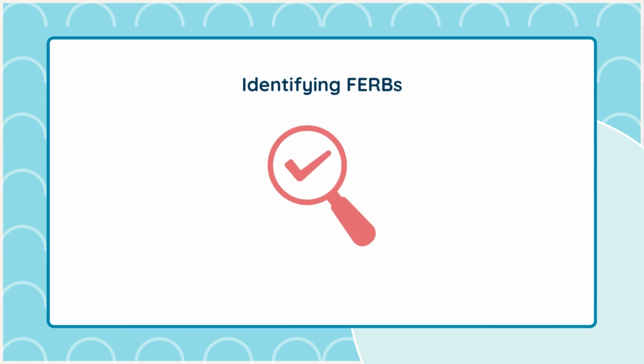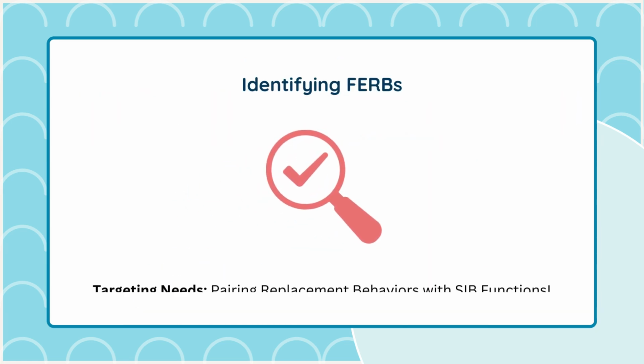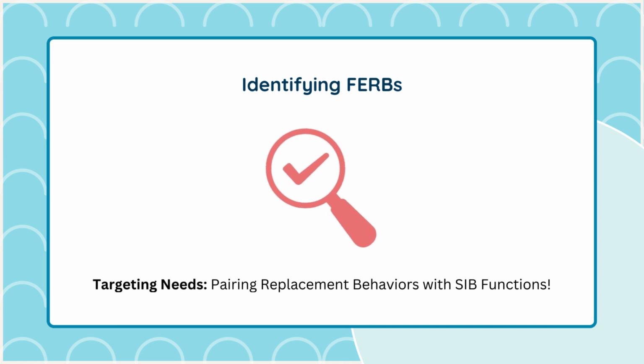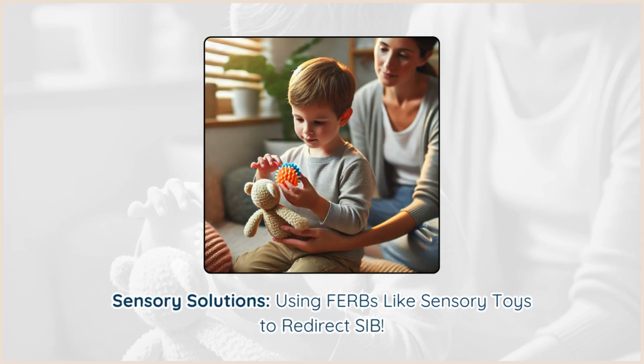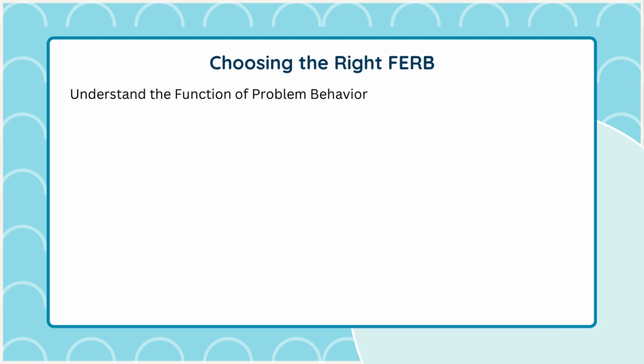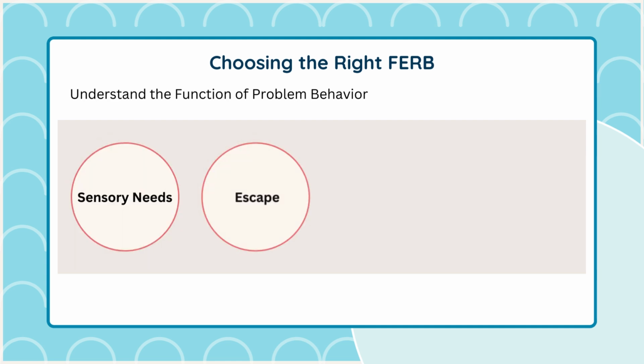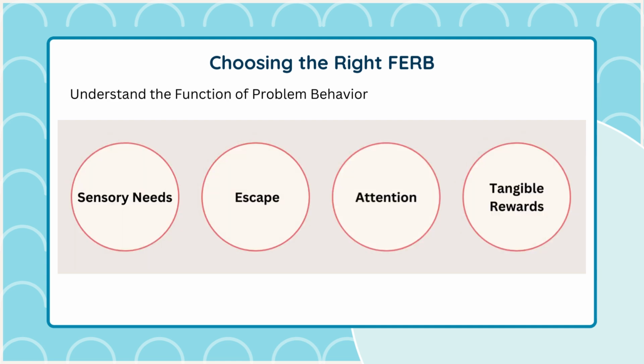Identifying FERBs. To identify FERBs, you need to match the replacement behavior to the function of the self-injurious action. For example, if a child engages in SIB to gain sensory input, a FERB might be providing them with a sensory toy or activity. To choose an effective FERB, you must first understand the function of the problem behavior. Whether the behavior is driven by sensory needs, escape, attention, or tangible rewards, identifying the function helps you select the